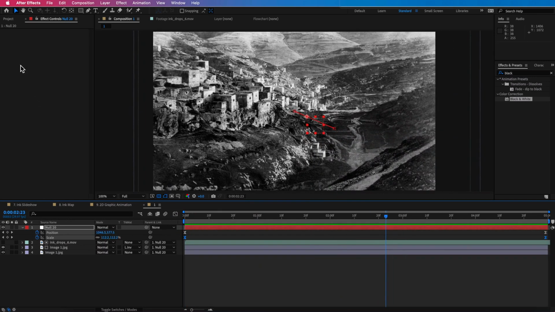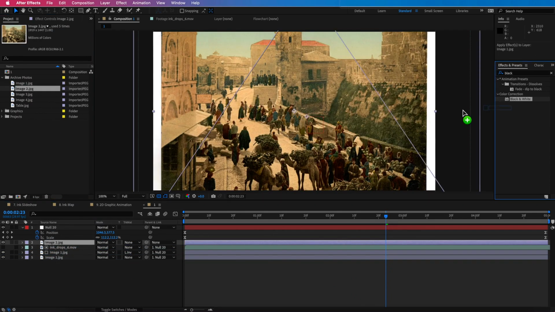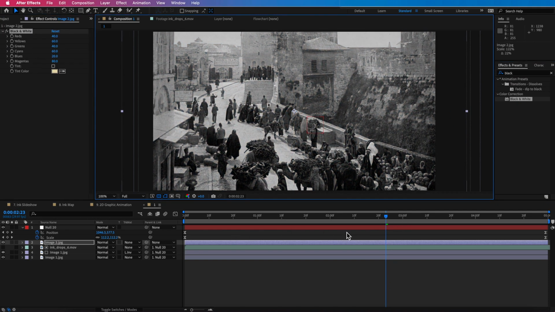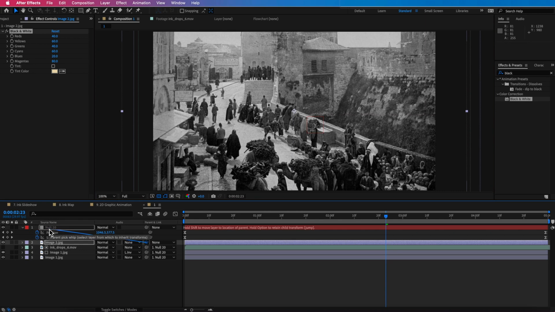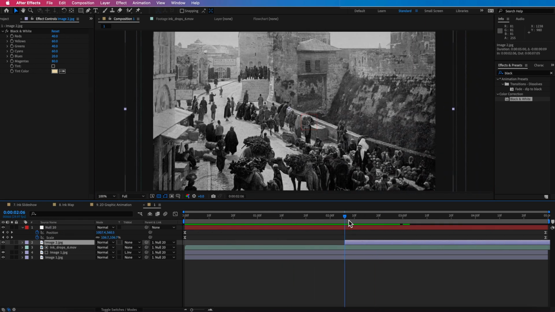Now when it gets to about here, I can start dragging in my next image. So I'm just going to drag another image here on top. This one I also want to apply that black and white effect, and I'll scale up here. I want to parent this one to my null, and I want to drag in on the end here so that it basically appears in our shot. I can then